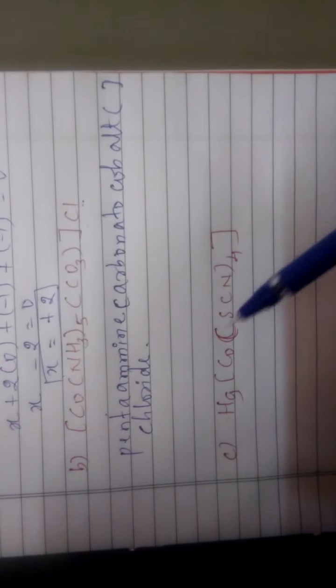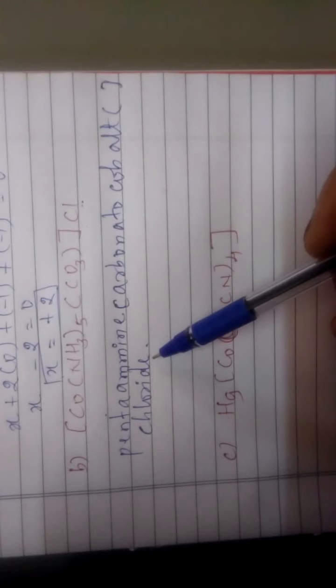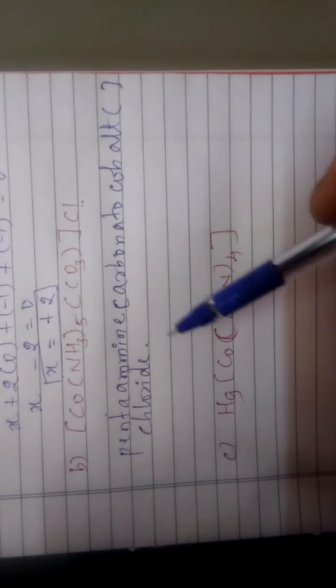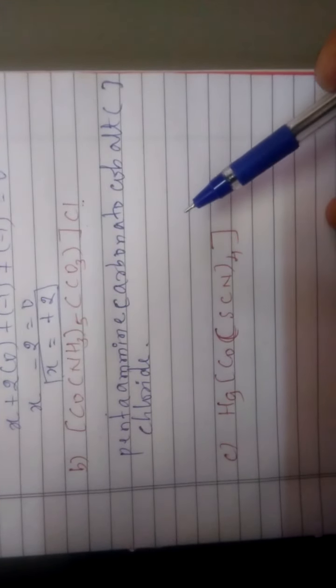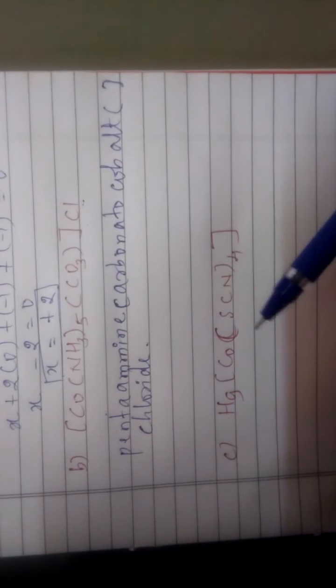Okay, then it is the chloride. Okay, while writing the counter ions, we need not change the name with the O. Just write the actual name of that ion, that is chloride.